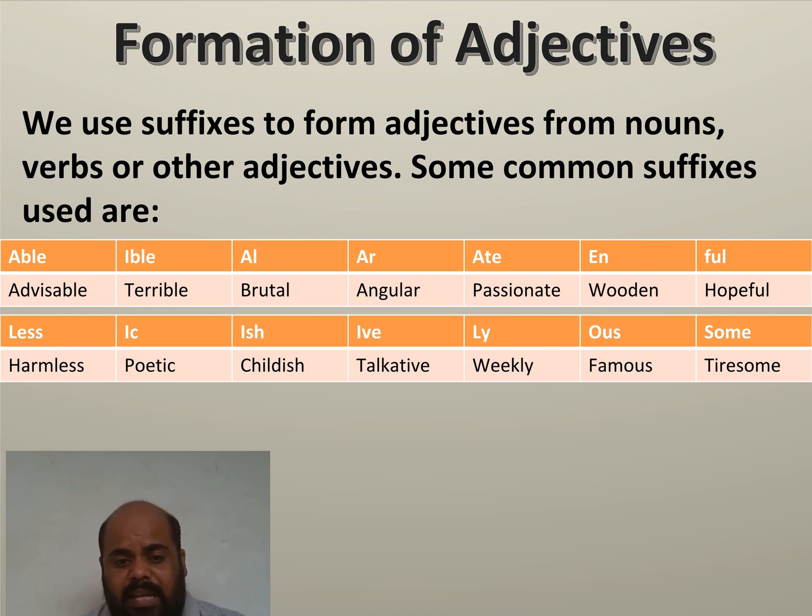Some words like this. So like this, we can form adjectives with the help of these 14 suffixes. There is one more suffix, which is y. If we put only y, it will turn into an adjective. We will read that later. Now I hope you have understood both the topics we have done so far, the order of the adjective and the formation of the adjective.